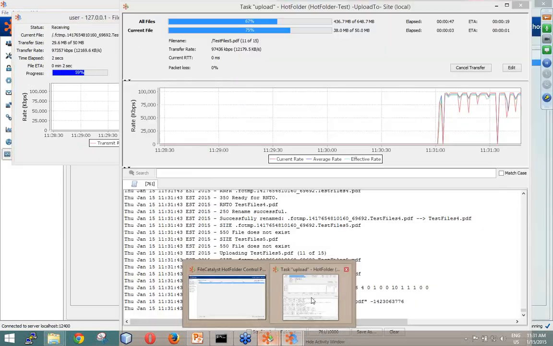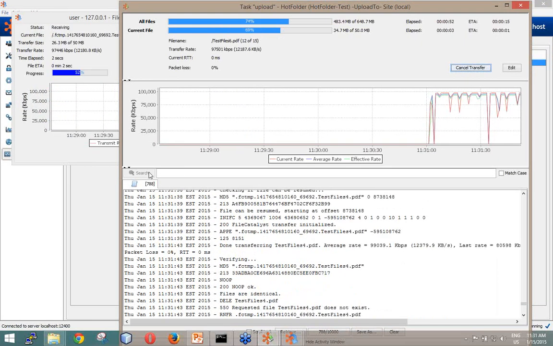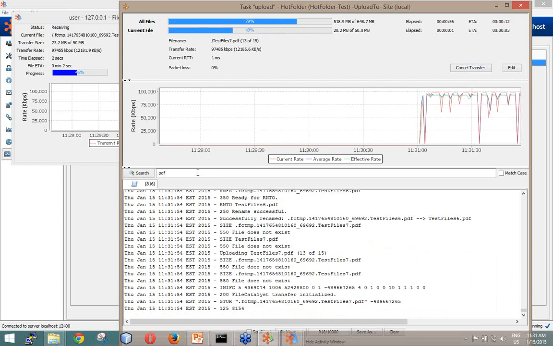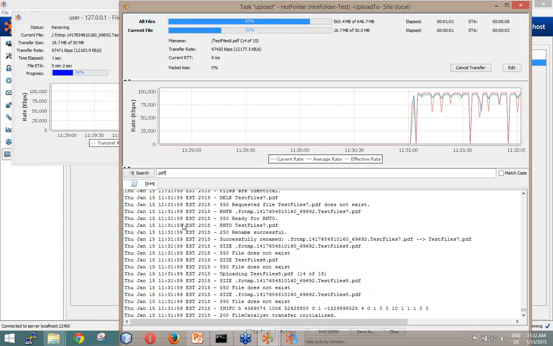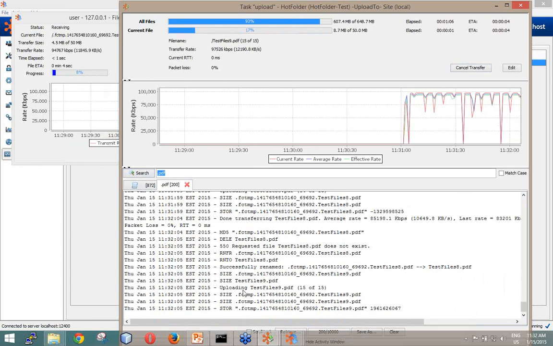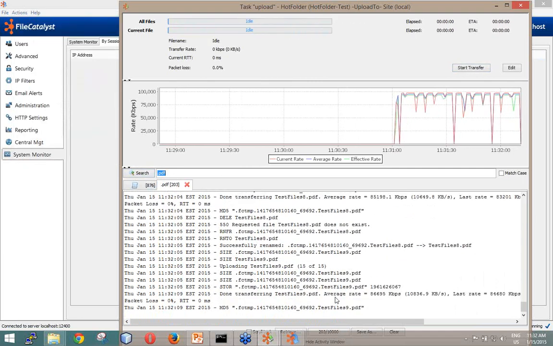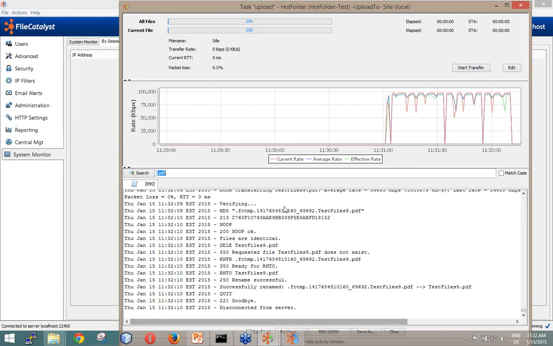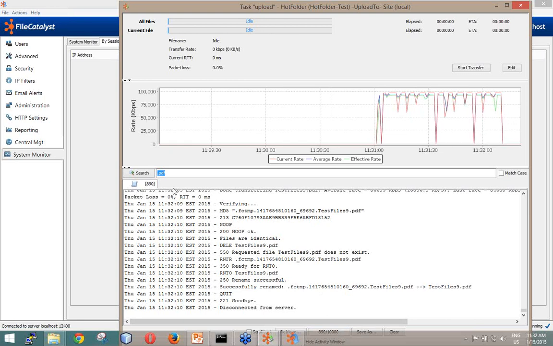If you have any problems in a hot folder to find the errors, you have the entire log for the task. You can search for certain file names. Let's say I want to search for .pdf. It will show me all the lines where the .pdf exists. So right now it's sending files with temporary file names, as you can see, and storing these files. So you can see it's very easy to debug errors because everything is going through this log file.